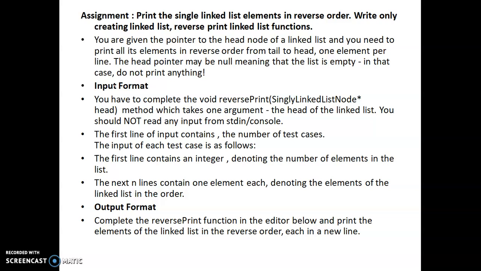Here you need to write only 2 functions. You will create a structure first for the single linked list, with one data value and one next pointer. Then you write the functions: one is creating a linked list, and another is reversing the linked list. A third function is required to traverse the linked list to show the elements, but in the reverse print, you will print the values while reversing itself. So you just write these 2 functions: creating a linked list and reverse print of the linked list.